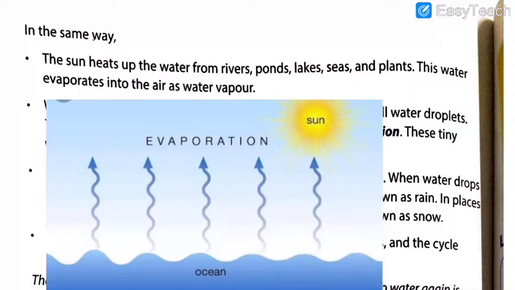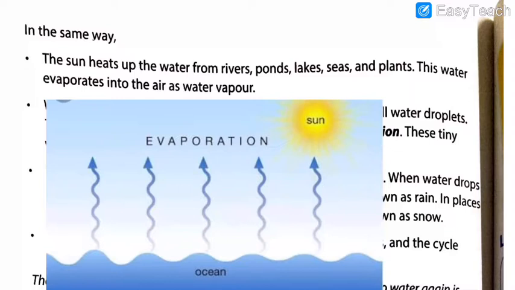Now I hope you came to know all this by looking at the water droplets on the glass, by looking at the dry clothes. I hope that now you know that it is no magic. There is a scientific reason, there is a process behind that. So I hope this concept is pretty clear in your mind. Coming to the next page.